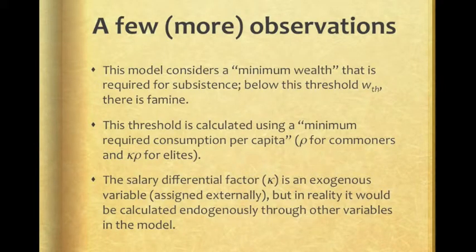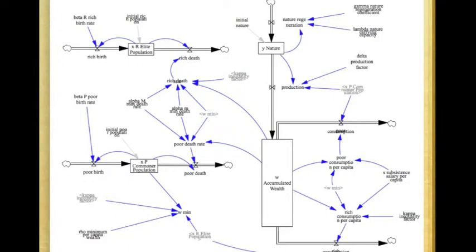And this salary differential factor or inequality factor kappa, it's an exogenous variable, so it's assigned externally, but in reality, it would be calculated endogenously through all the variables in the model. So that's actually one thing that's being improved on this current version of Handy. We're going to be doing an additional video to walk you specifically through the Venson model, but I wanted